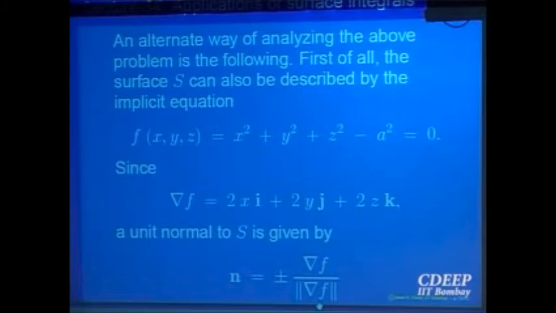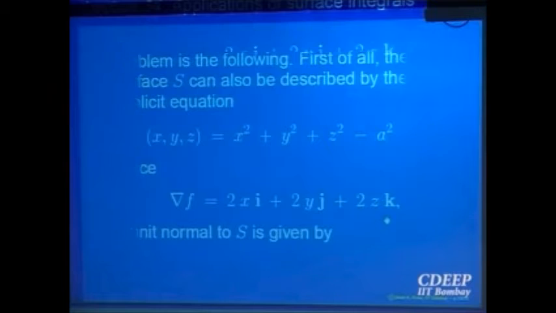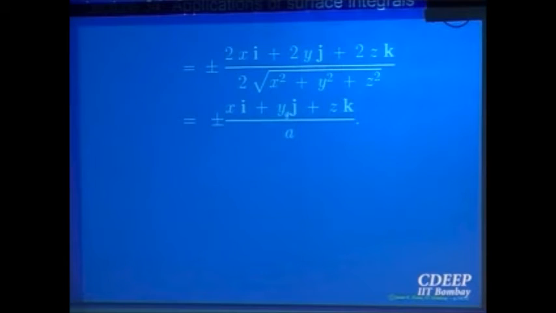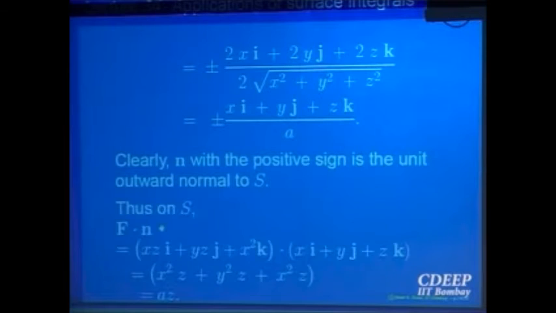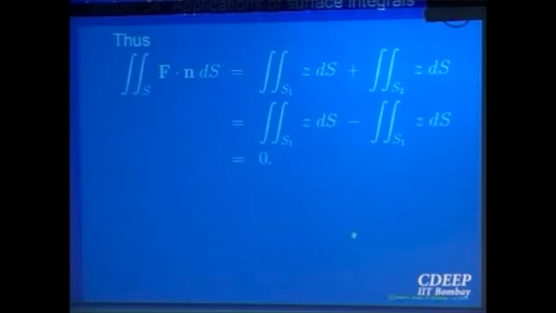I don't know which one I should choose, but I am going to look at only the outward normal, always. So what will be the outward normal? Which sign should I choose? Plus sign. Is it okay? Right. Let us keep it plus minus for the time being, okay? With the positive sign it will be the outward normal. So let us compute f dot n now. F we know, n we know, right? So that comes out az, right? F dot n, okay? And the integral of f dot n over S1 and S2 together is equal to 0.